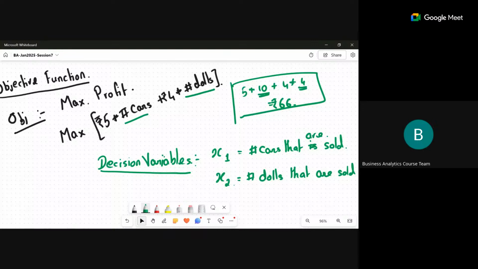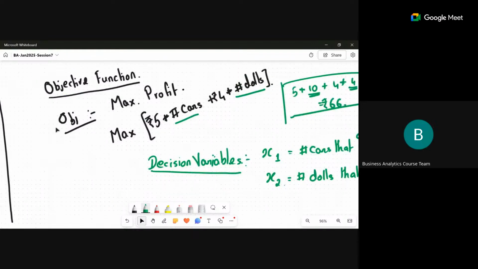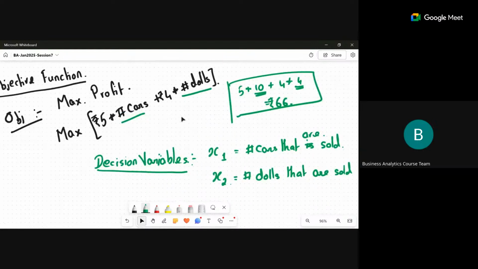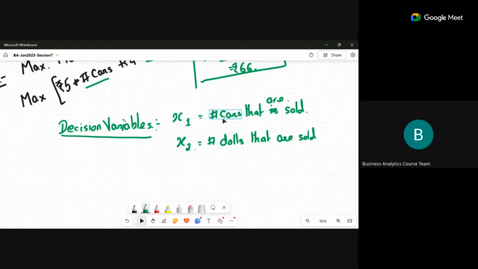Making sense? So the question is, I want to have an objective of maximizing my profit. My profit is basically, for every car I sell, I get some value. Every doll that I sell, I get some profit. So how many do I sell? Totally, how many do I get? So that is my objective. And to find my objective, I must find how many cars I must sell and how many dolls I must